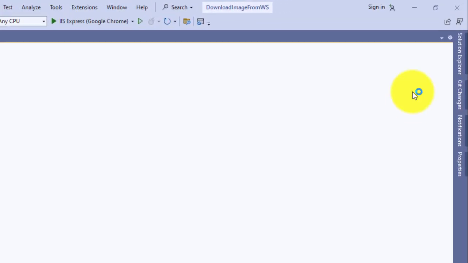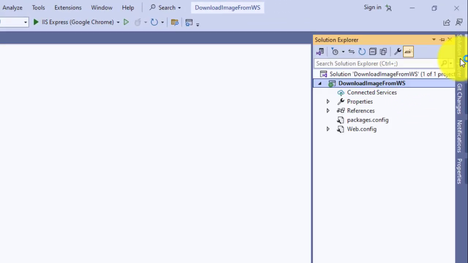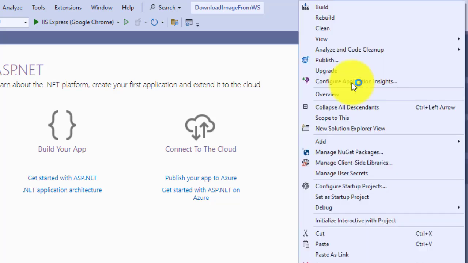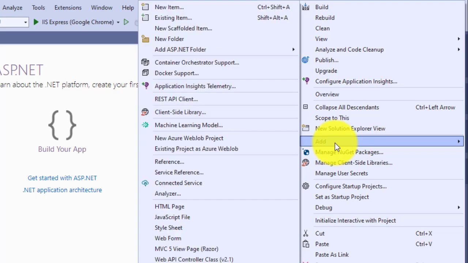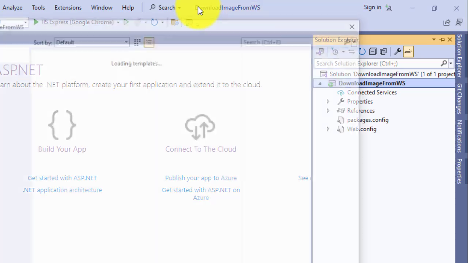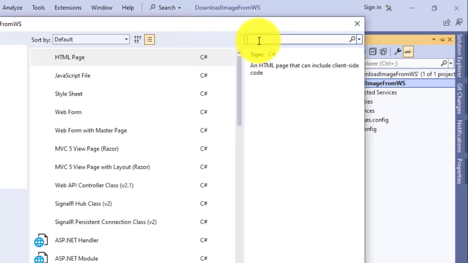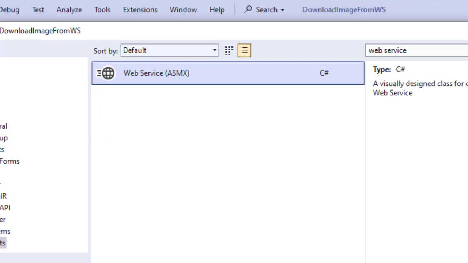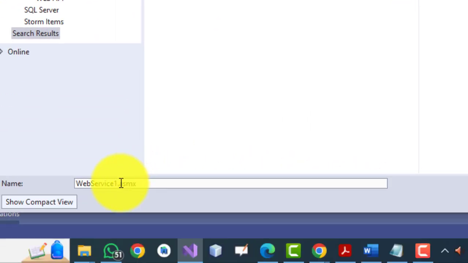Now the first step is we have to create a web service. For creating a web service, right click on the project, add new item, and here we search for the web service. Now we create a web service.